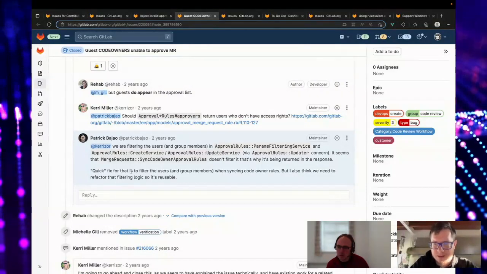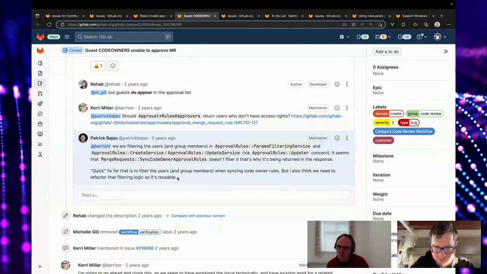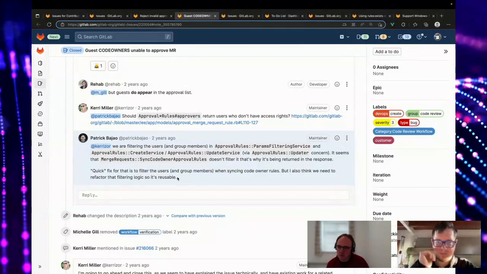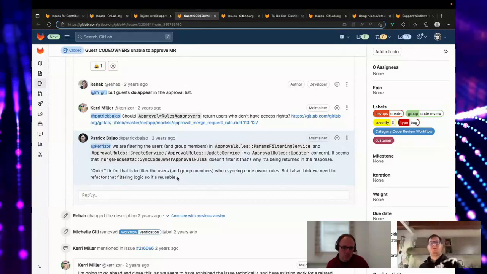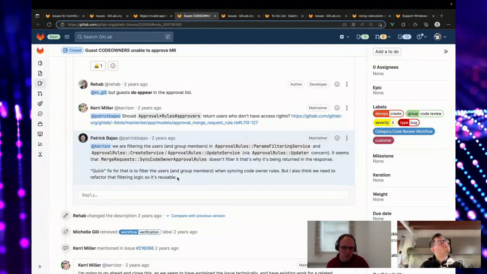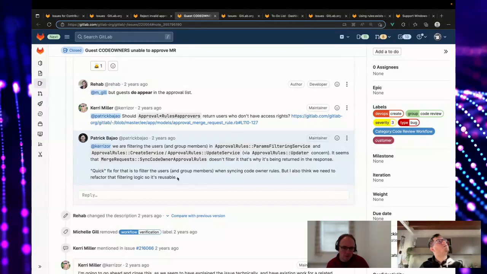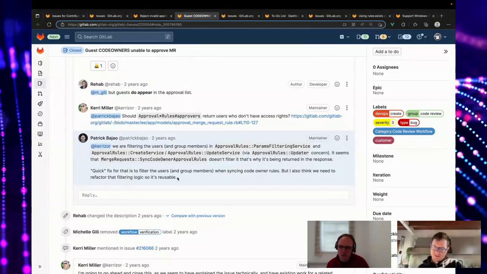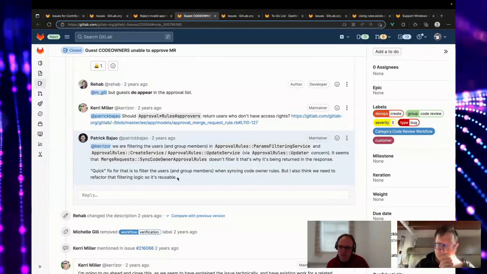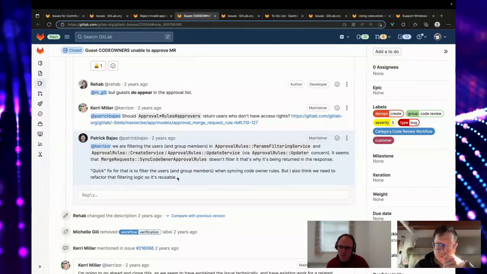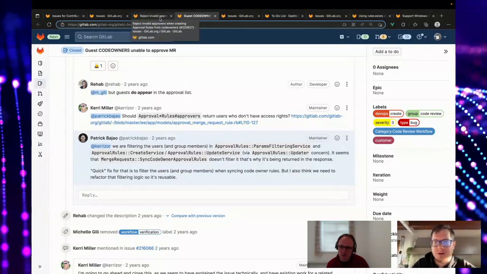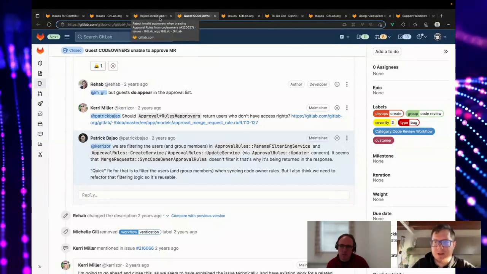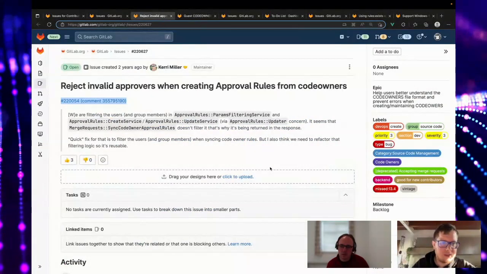There's a quick fix and a refactor. But I wonder if the quick fix is easily testable, I guess. Yeah. I know Lee had a look at code owners' approvals and that kind of stuff, so I'm tempted to